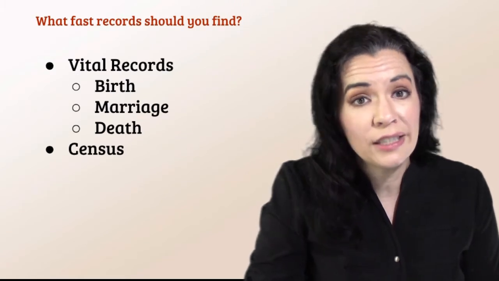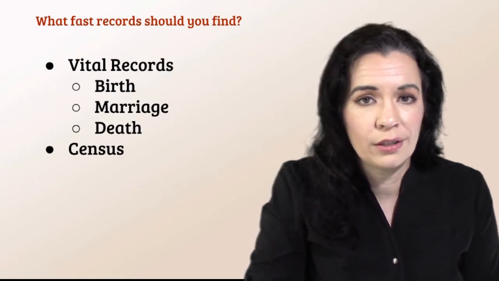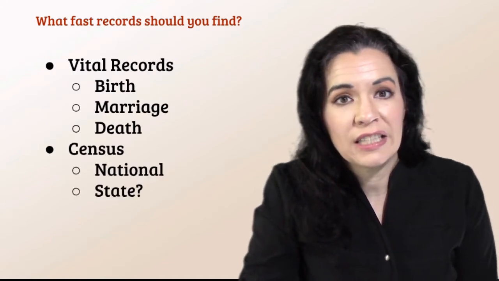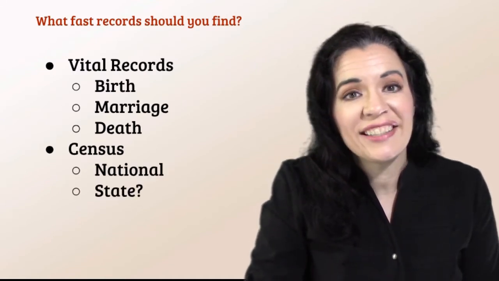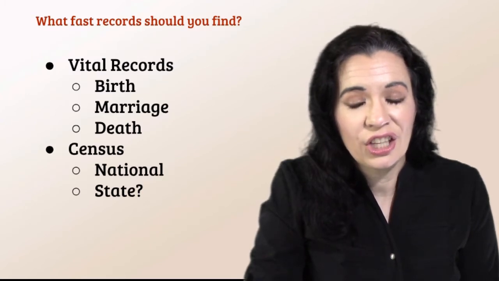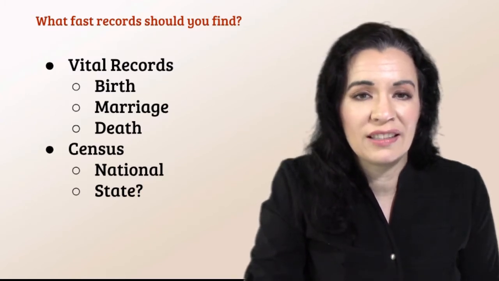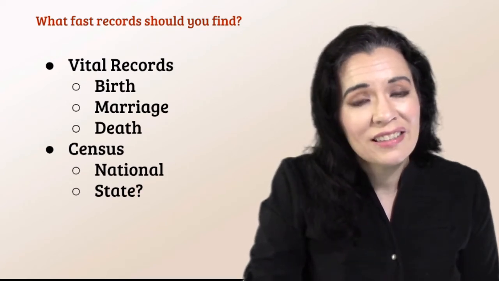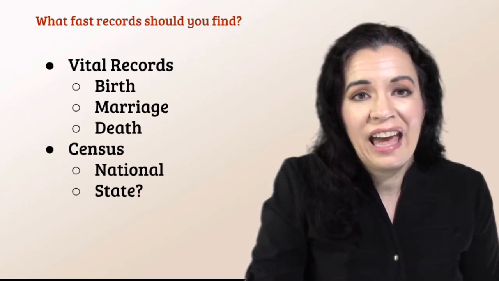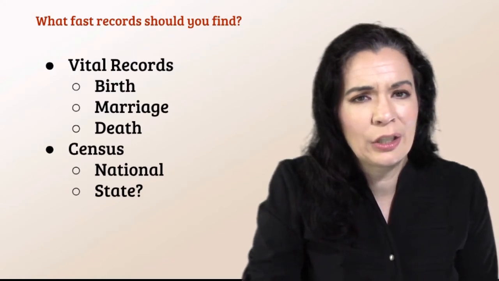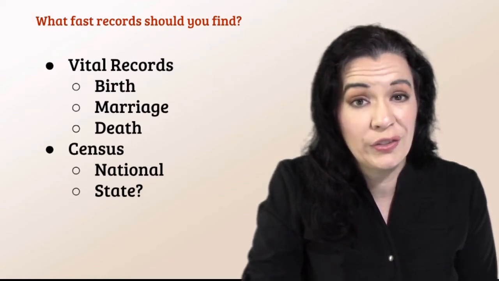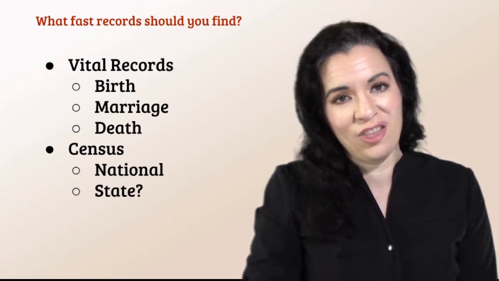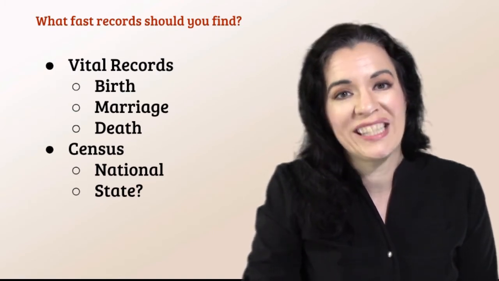So then census records, depending on where you're researching, can be your next best friend. You want to look for national census records. In the United States, they started in the late 1700s, and the most recent one available is the 1940 census. In Mexico, the 1931 census is available online. In Canada, they didn't really go by every 10 years. It's kind of confusing as to when they had their census records, but there are some census records in the United Kingdom as well. So you want to be looking for census records.